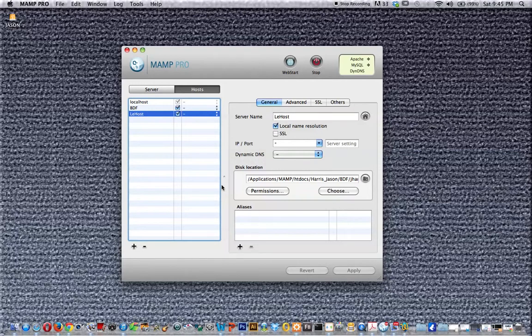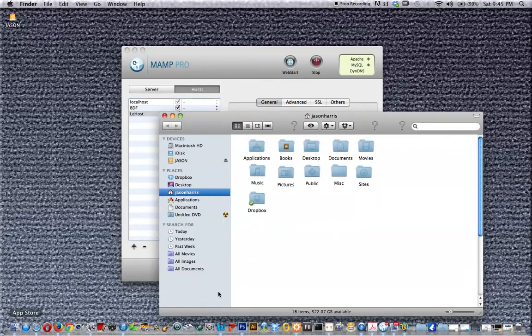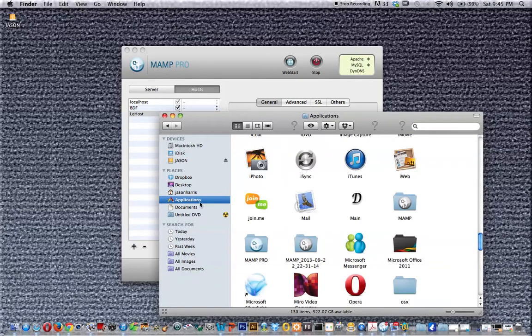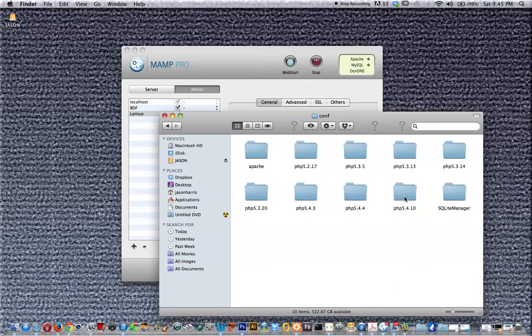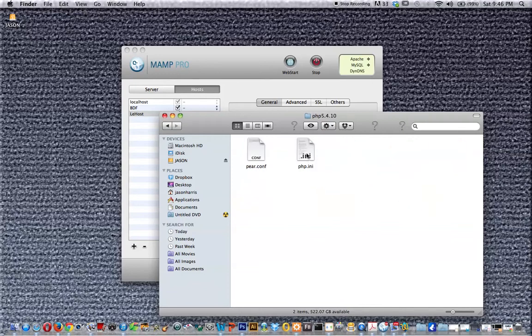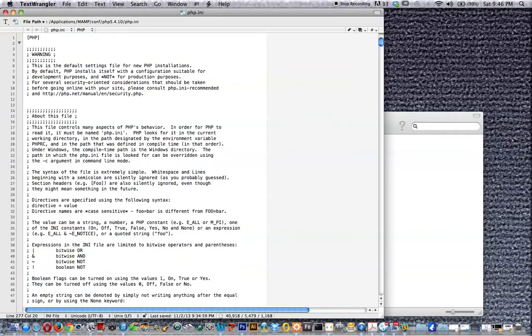After you get all that set up, you might want to check out your INI file, which is going to be your PHP instructions. To get to that, go to Applications, go under MAMP, look under the conf folder, which is short for configuration. Look for your latest version of PHP, which mine is 5.4.10, and then open up your INI file. Mine's gonna open up in Text Wrangler. Then you just want to scroll down